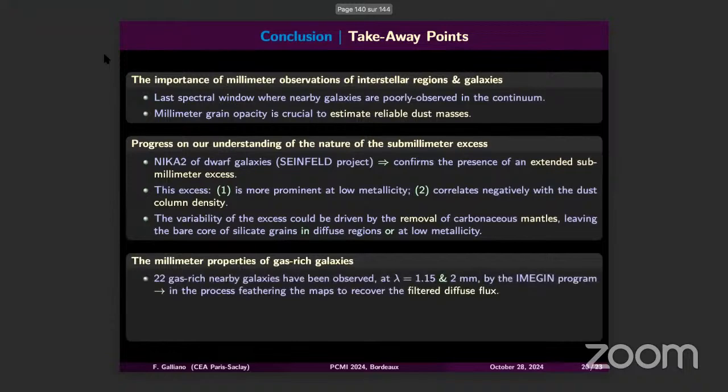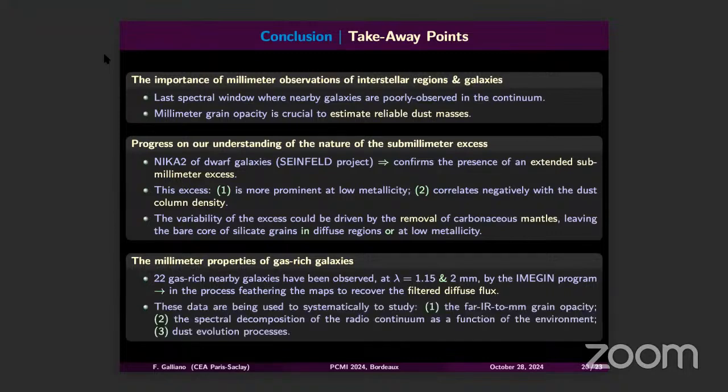And about gas-rich galaxies, we have 22 gas-rich galaxies that have been observed and that we are analyzing. And we are currently using this data to better constrain the far-infrared opacity, decompose the spatial continuum, and study dust